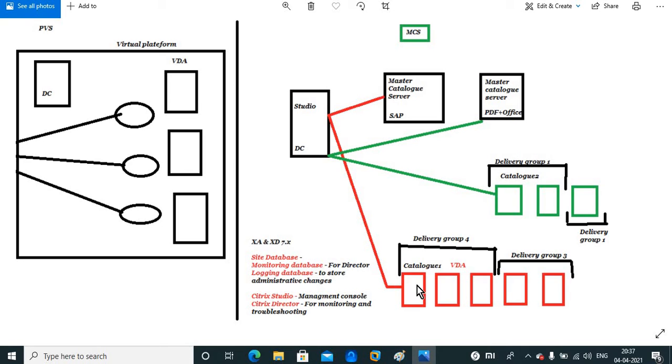And then it will ask how many machines you want to create. Before that, it will ask for the machine catalog name and basic things, and after that it will ask for the number of machines. We need to provide the number of machines, like 5, 6, 7, whatever we want. And next we finish. Then the MCS process will create the machines.